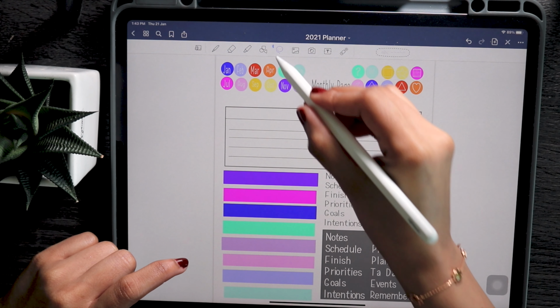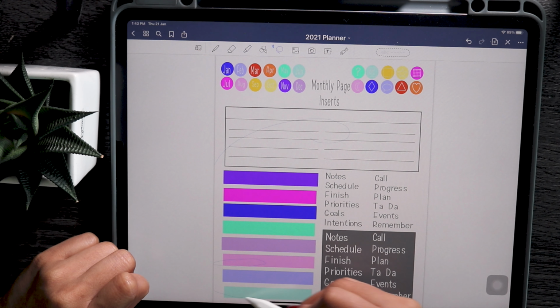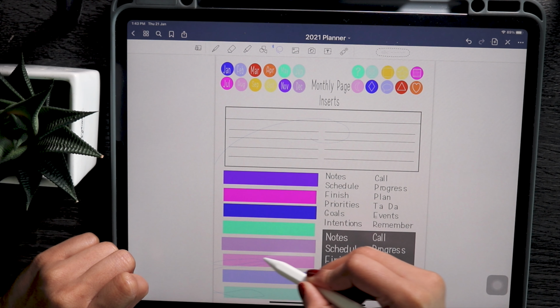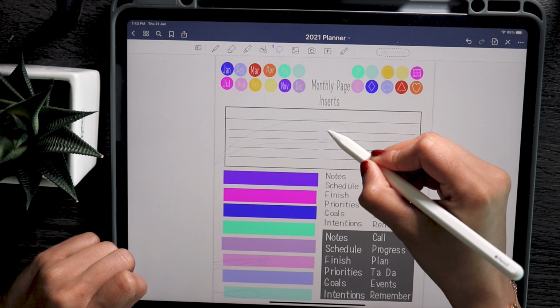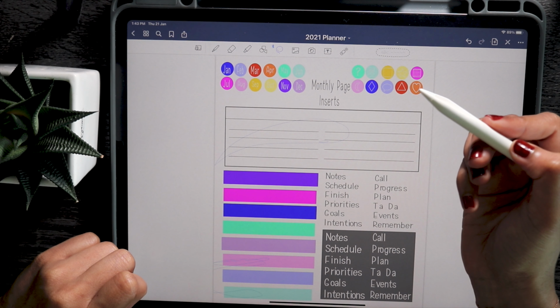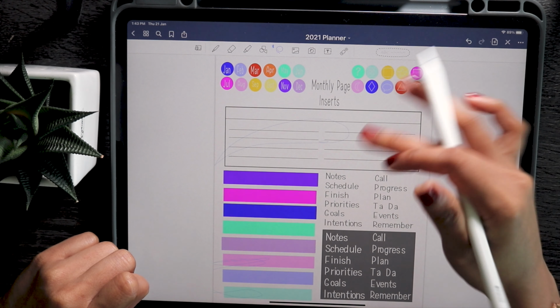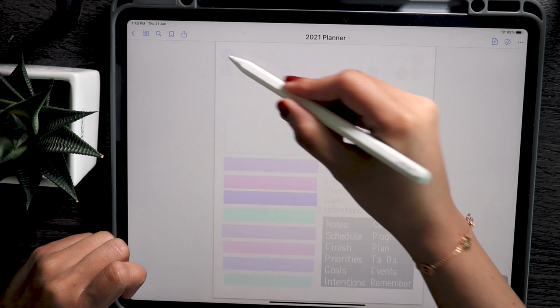So I will turn off the note pencil symbol. Make sure the lasso tool is selected, and I'm just going to select each of these things that I want to use. So I'm just kind of circling through them and then end up back where we started. Tap and hold, and you have to tap and hold in the lassoed area, not outside it. Then I will tap copy.